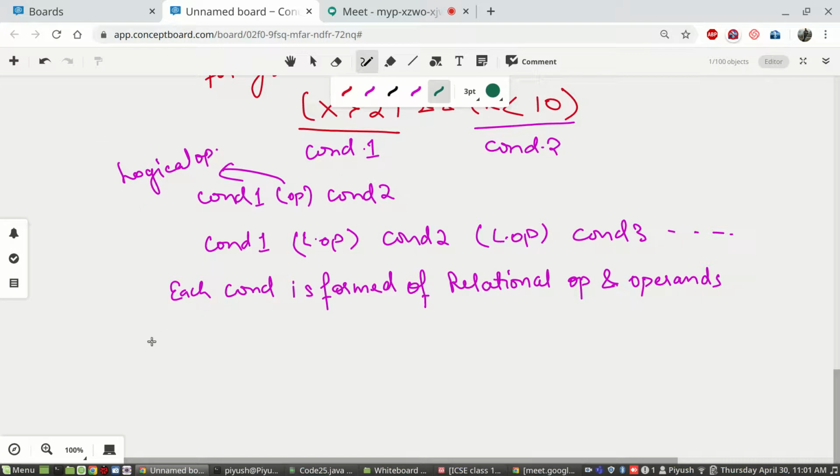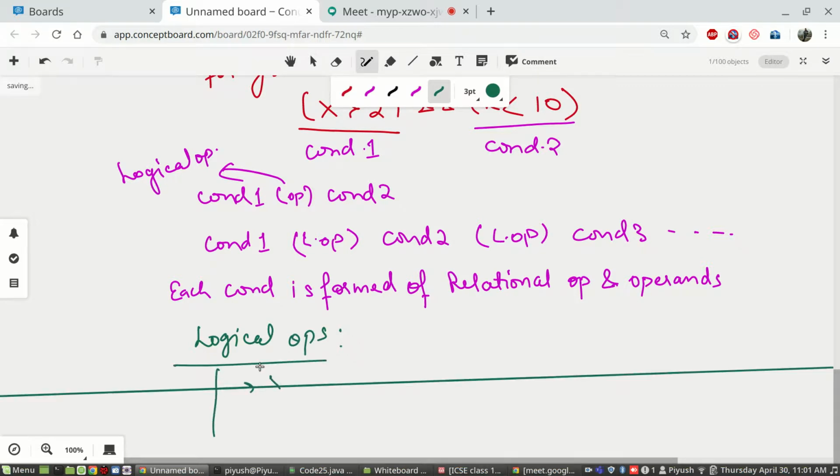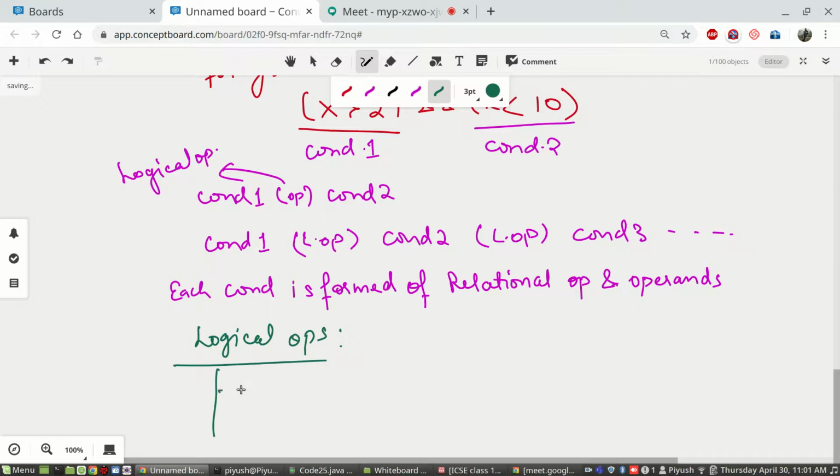What are the different types of logical operator? Logical operators are of three types. First one is two ampersands back to back, which is logical AND.